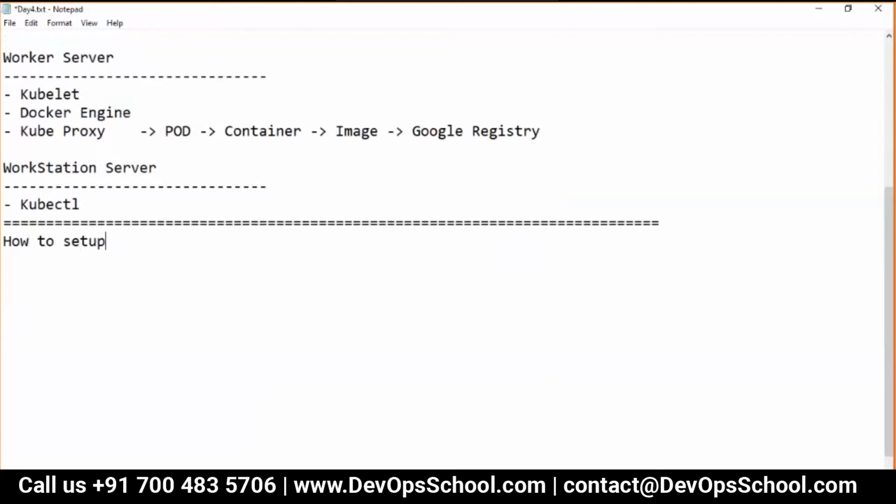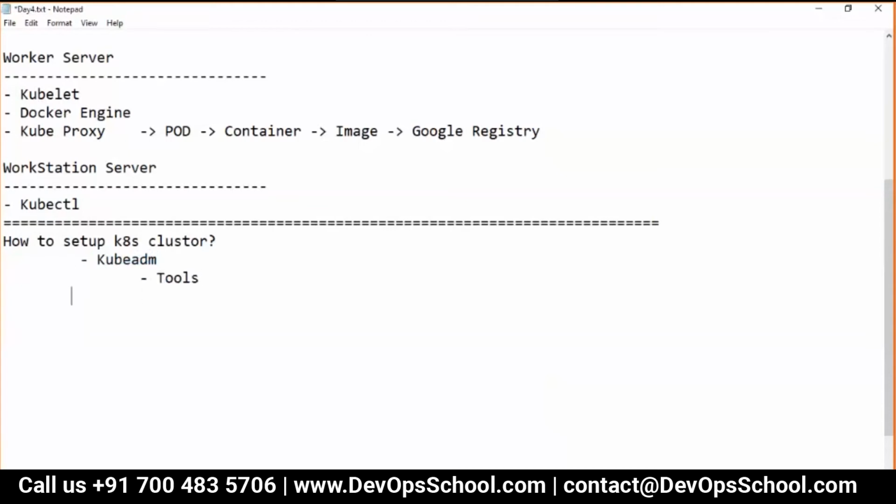So now guys, the question is how to set up a Kubernetes cluster. The process is very long and very complicated. But you know what? With the help of kubeadm, this process is very easy.